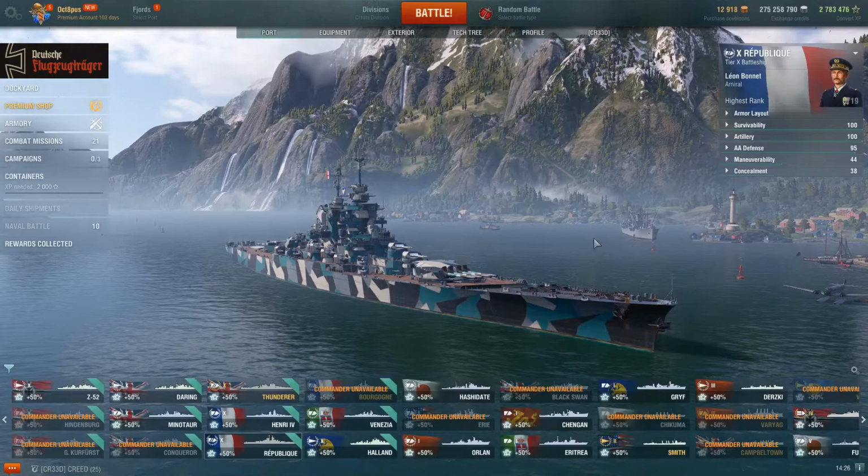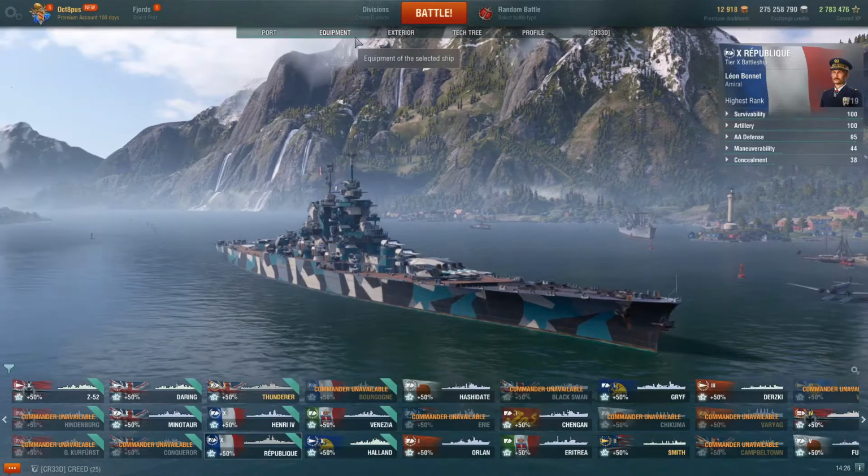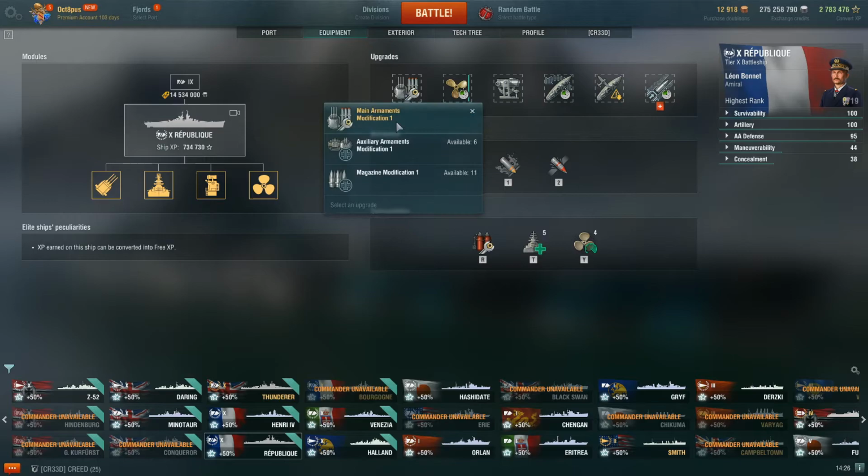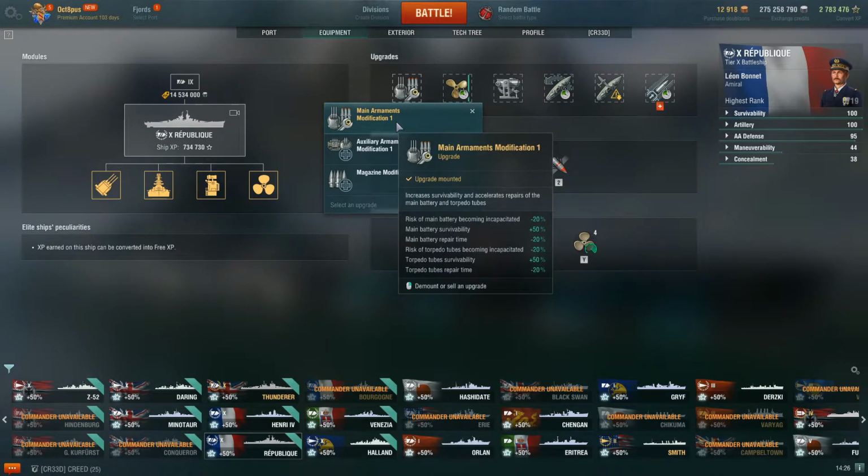So here it is, our Republique. Let's start with the upgrades. You don't get to choose anything on the consumables, so we talk about the upgrades. Here I choose to preserve my main armament, so turrets, and that's it. I mean, it's unlikely that you're gonna lose your turrets. They are very tanky, but you know,